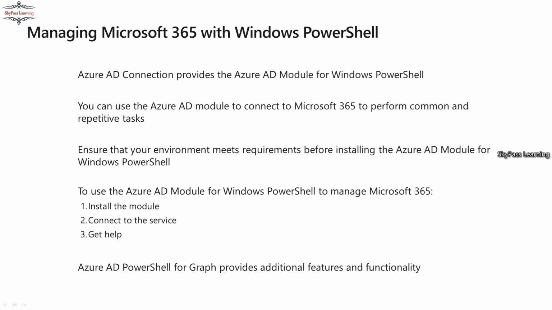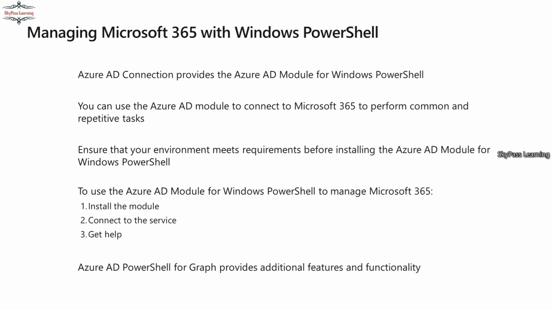Like earlier we had a command, let's suppose New-MsolUser, the same as New-AzureADUser. So these kinds of replacements are there in the Azure AD PowerShell for Graph, as well as with normal Azure AD PowerShell. Like Get-AzureADDomain, here you will get Get-MsolDomain. So these are the kind of simple differences. Mostly it starts with Msol instead of AzureAD. This is the main difference, nothing else.